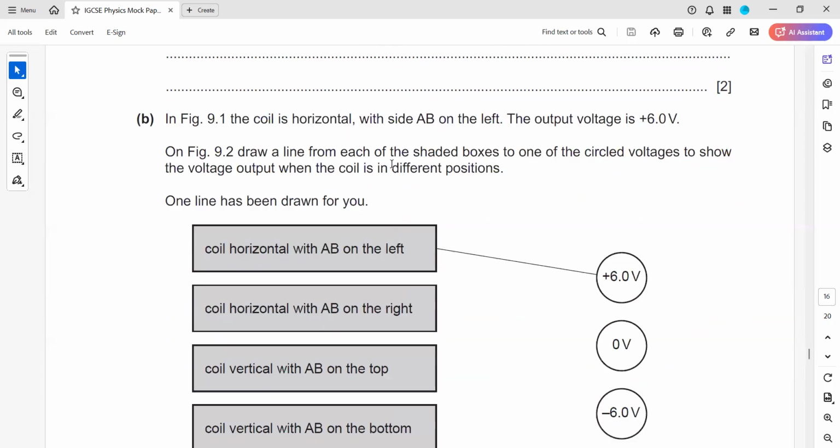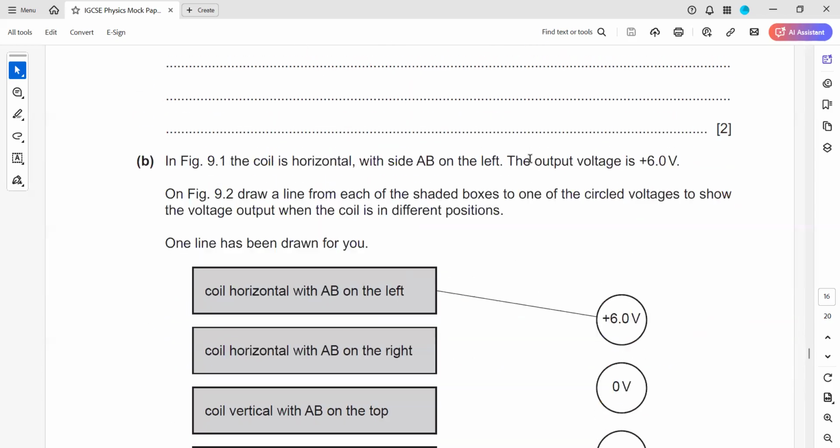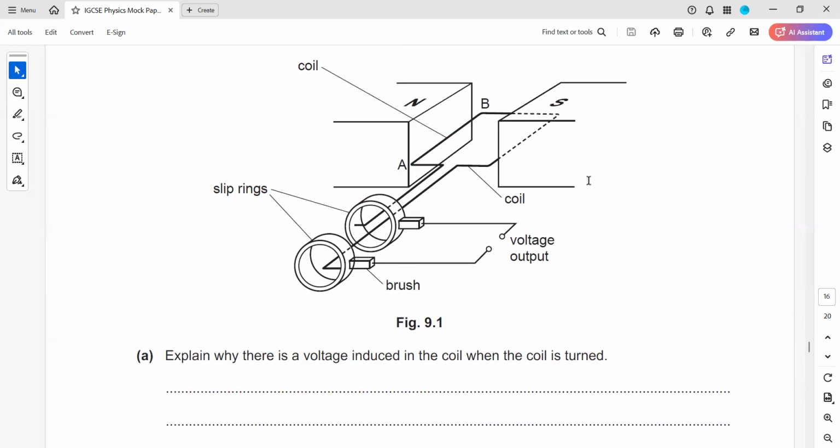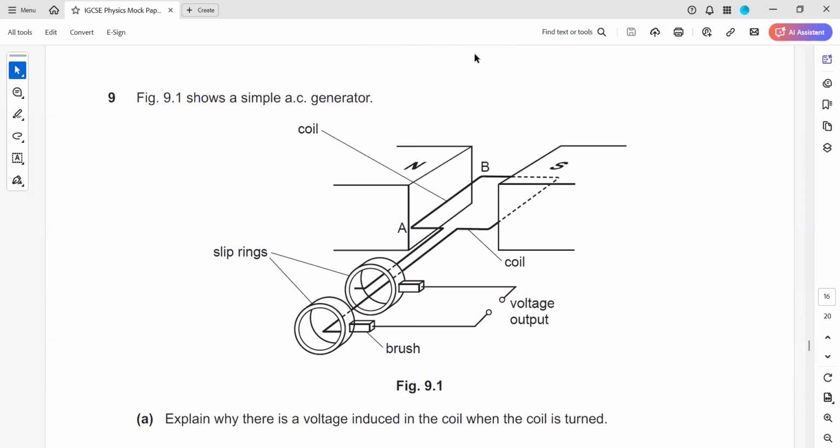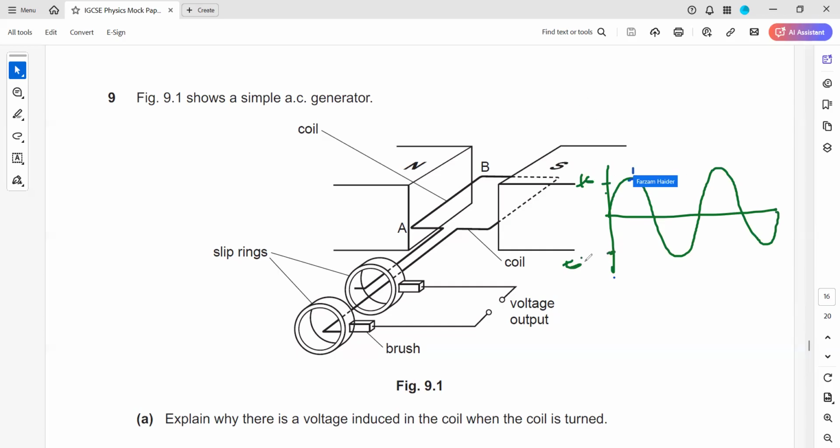The next is figure 9.1, the coil is horizontal and the voltage is 6. Because when the coil is horizontal, we get the maximum voltage. In this case, let's say the maximum voltage is +6 and the negative maximum is -6. So the coil is horizontal. When the coil is at this position, we have +6. So when the coil rotates 180 degrees,